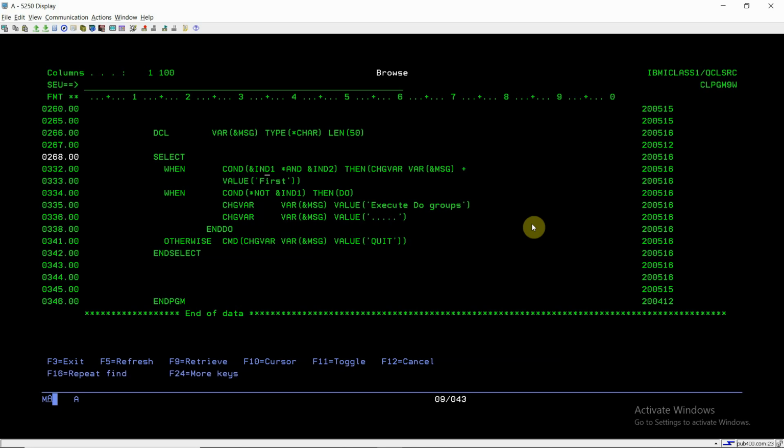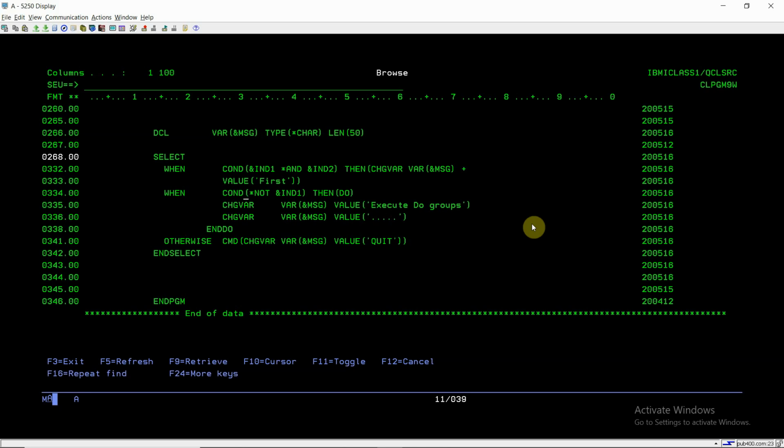If indicator 1 and indicator 2 are on, the condition is true, and this message statement gets executed. If this when section gets executed, it will come out of all these things and end. It won't check for other whens or otherwise.